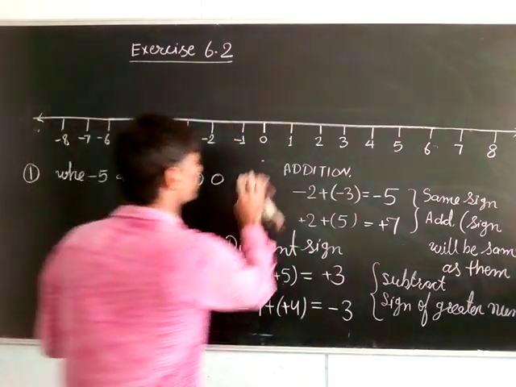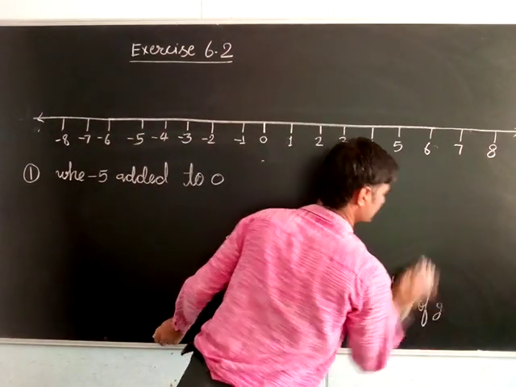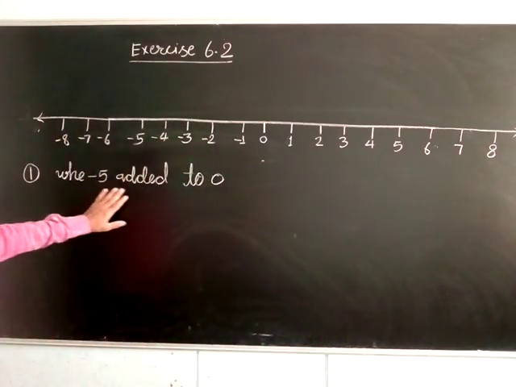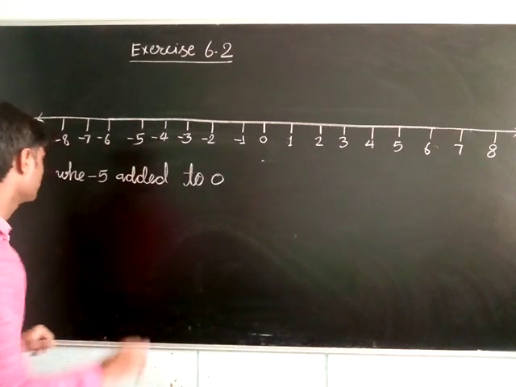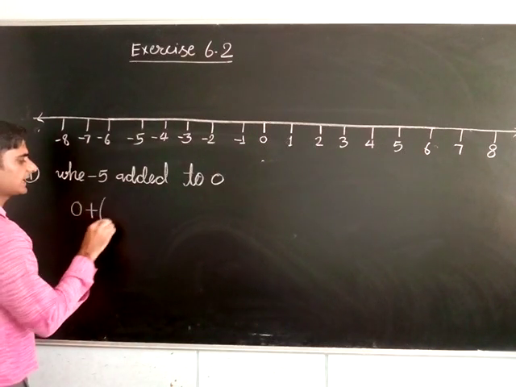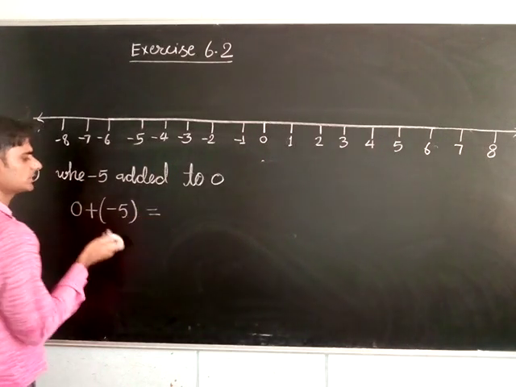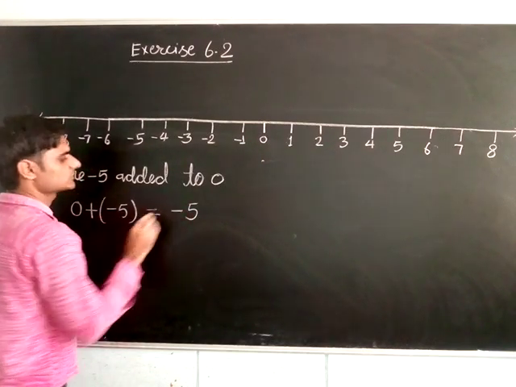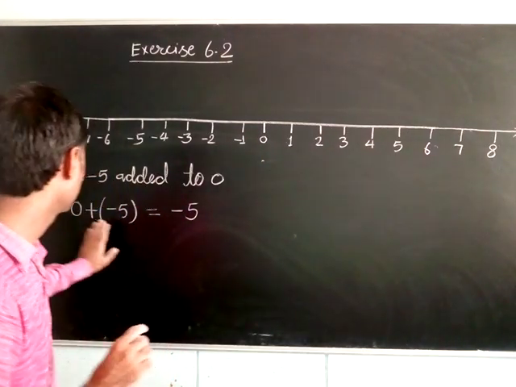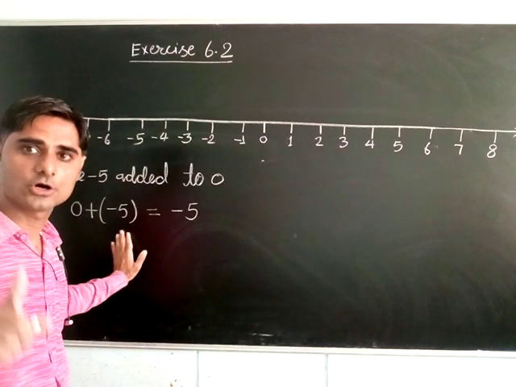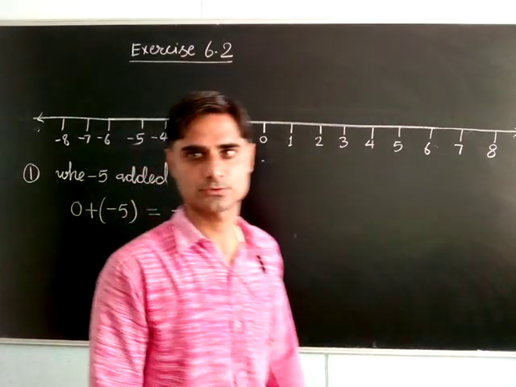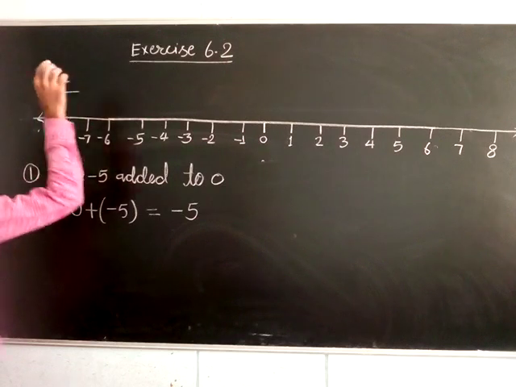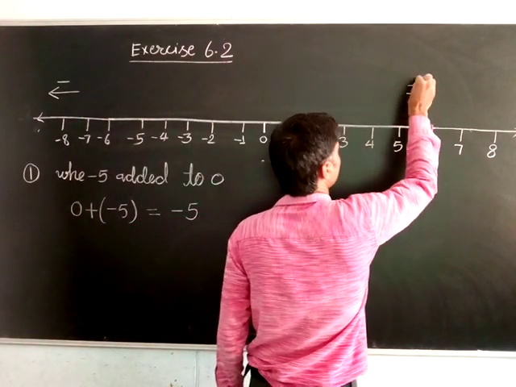Now let's solve some problems related to the exercise. Okay, in exercise first problem is given when minus 5 added to 0, means this is 0, in this one we will add minus 5. So what will come? 5 plus 0 is equal to 5 only. Which one is greater number? This one. So minus sign will come. 0 having neither positive nor negative. There is no sign at all for 0. This side negative side. When you will go in this side negative, and when you will go in this side, this will be positive.